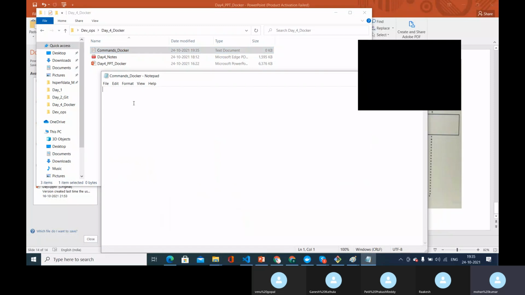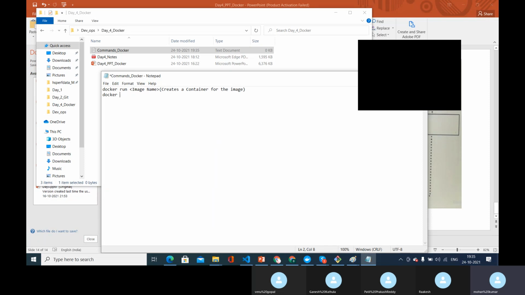So the first command that we learned is Docker run and the image name, right? This creates a container for the image. We know what a container is as well, right?